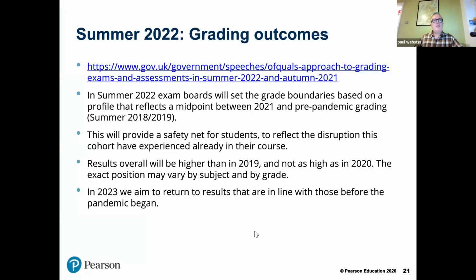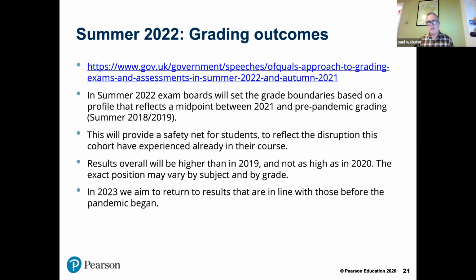In terms of the grading outcomes this summer, Ofqual have released some information on this. It's expected that as an exam board, we'll set grade boundaries which are a midpoint between what happened in summer 2018, 2019, before the pandemic, and what happened in 21.